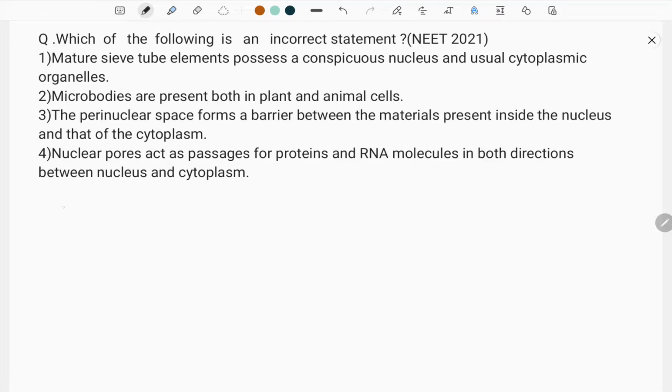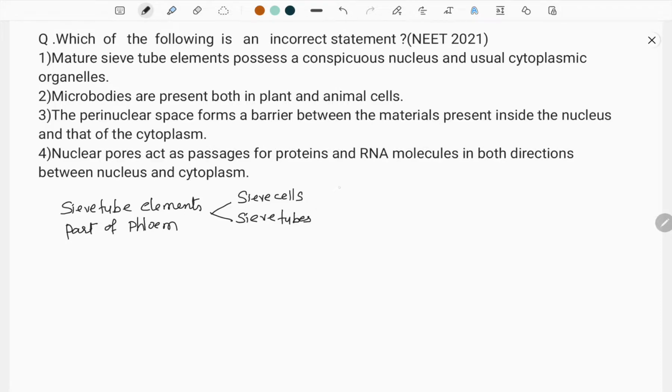Sieve tube elements are part of phloem. We know phloem is called leptome or bast. It's part of vascular tissue found in tracheophytes. The parts of sieve tube elements include sieve cells and sieve tubes. So the sieve cells and sieve tubes, when they are younger,